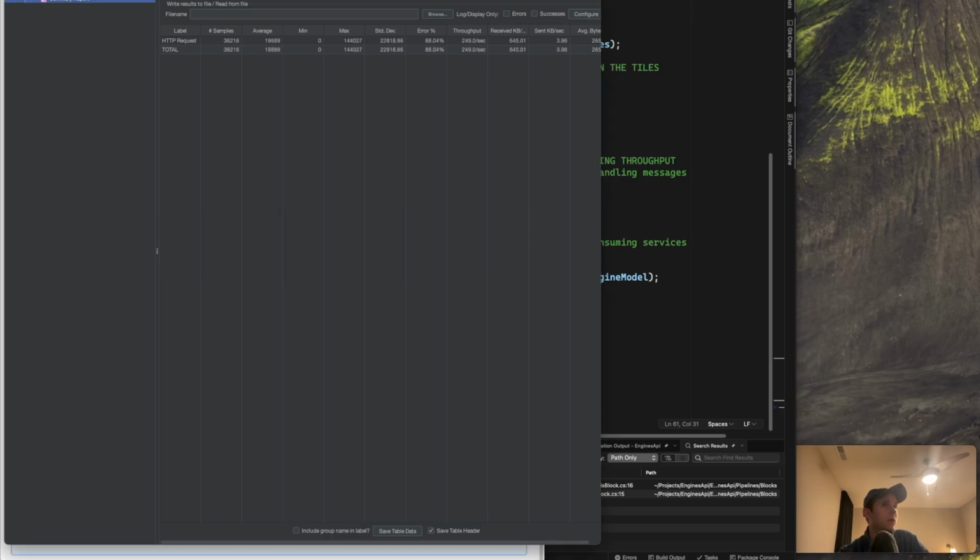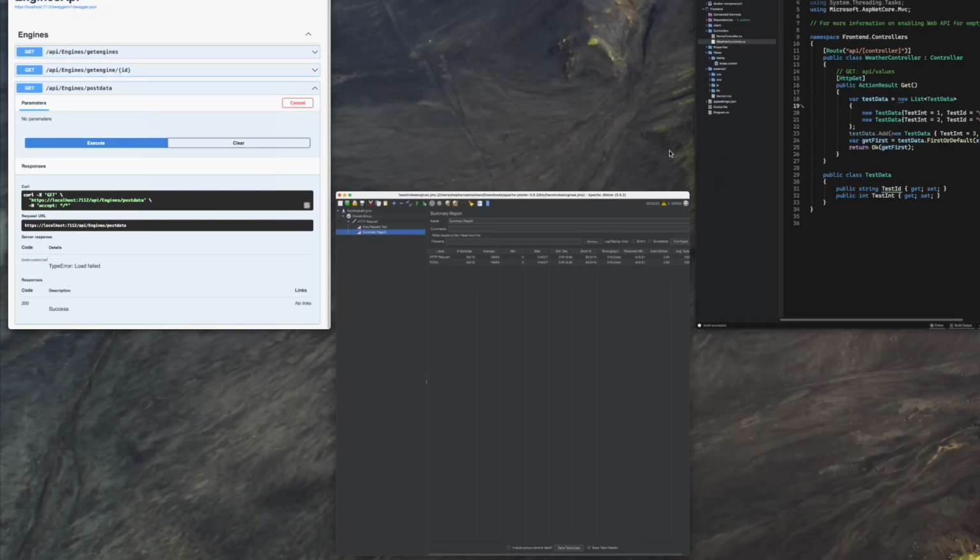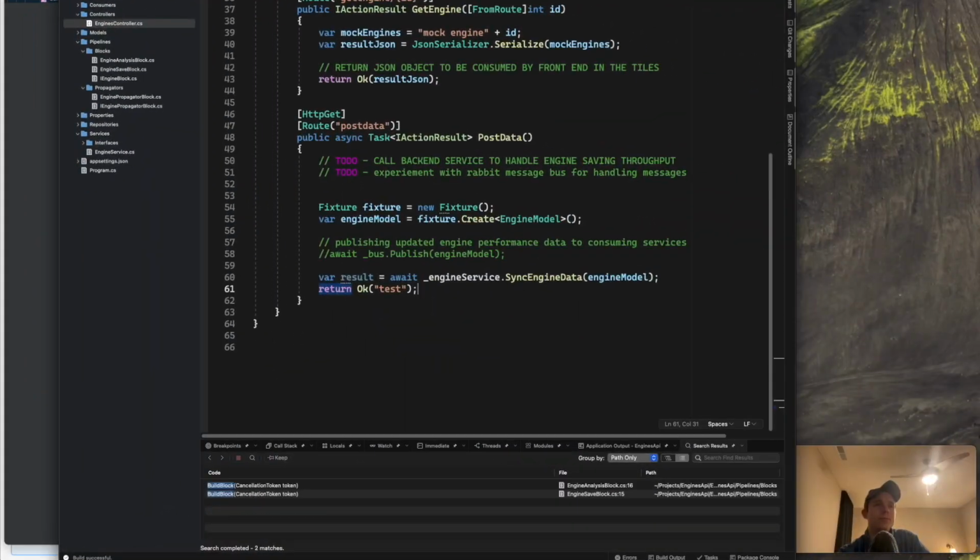Okay, so it shut down all my threads. I sent 36,000 messages. 88% of them errored. That's not good at all, right? So again, this is a prototype build, but this is a completely valid way of creating a data pipeline using propagator blocks. It really presents what I'm trying to get across, which is just